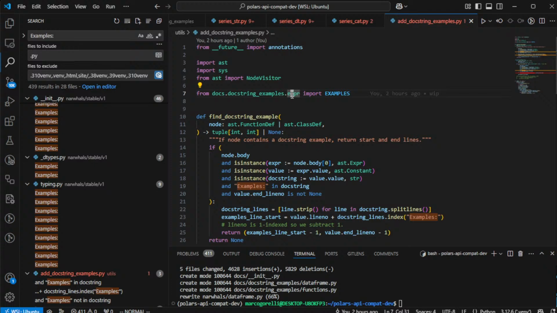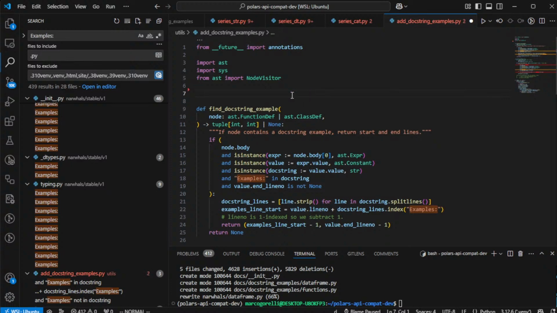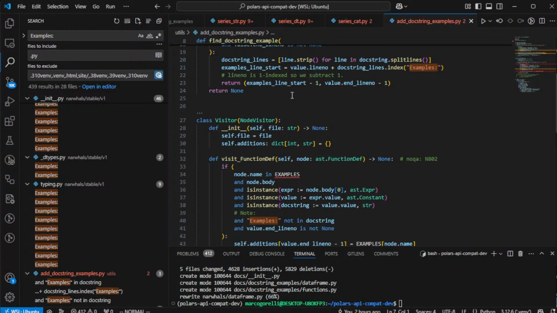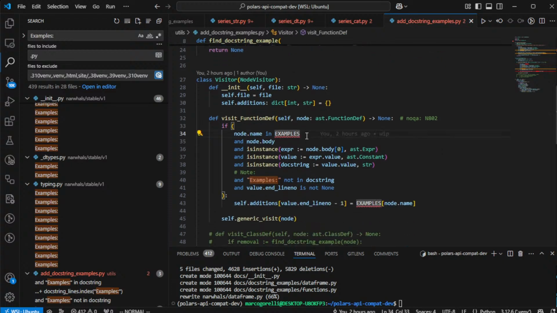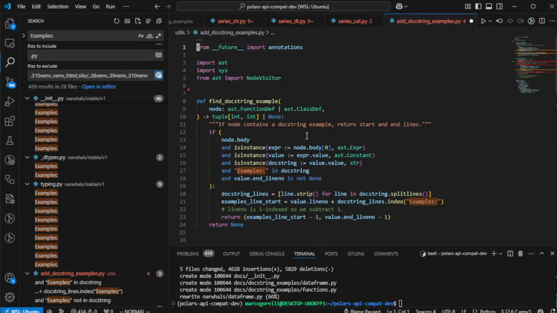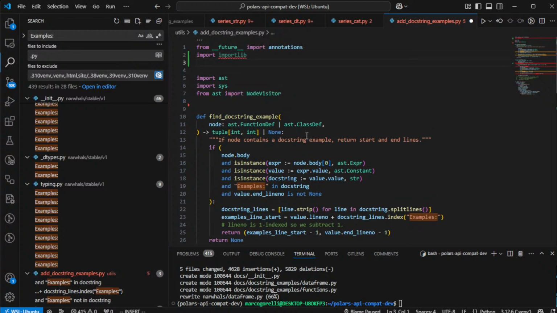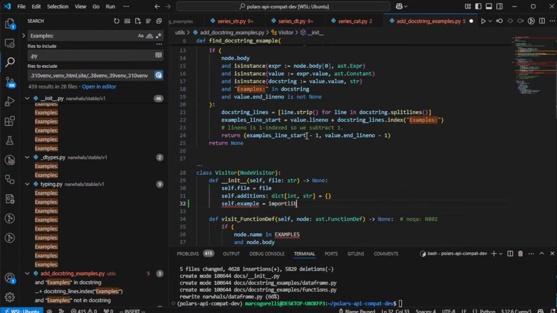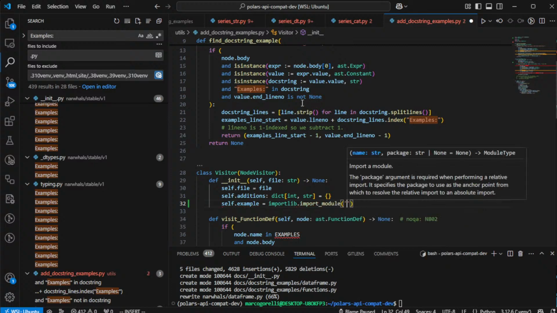From docstring examples, import, yeah, which one? We need to figure out which ones to import. I'm going to say self.examples equals, I'm going to have to use importlib. Then importlib.import_module, and it's going to be,